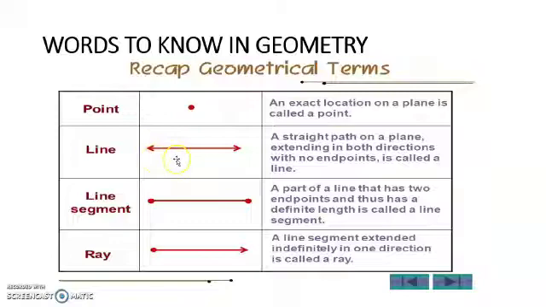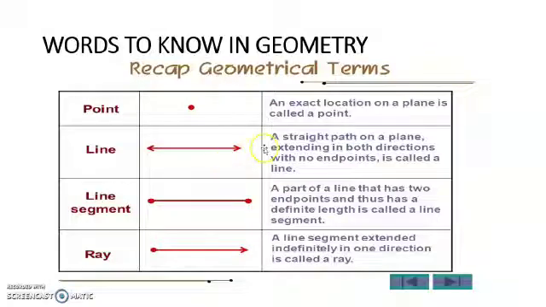Now let us see line. When we say draw a line, it means a simple straight line which we can draw using a scale. But in geometrical terms, you can see what is special here: two arrows on both ends. An arrow means you can move forward on that side. Wherever you see an arrow, it means you can move forward on both sides. So when you are saying draw a line, you can make any length of the line. It can be extended both ways.